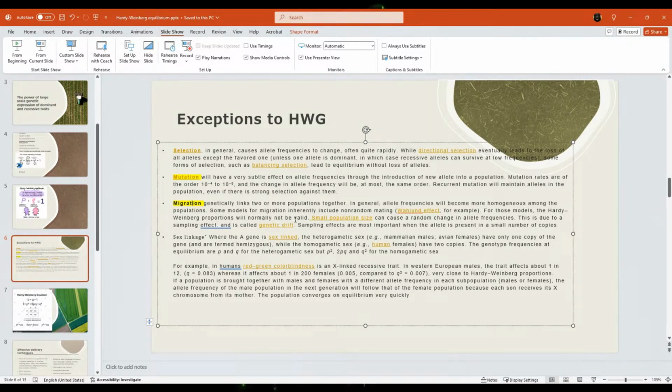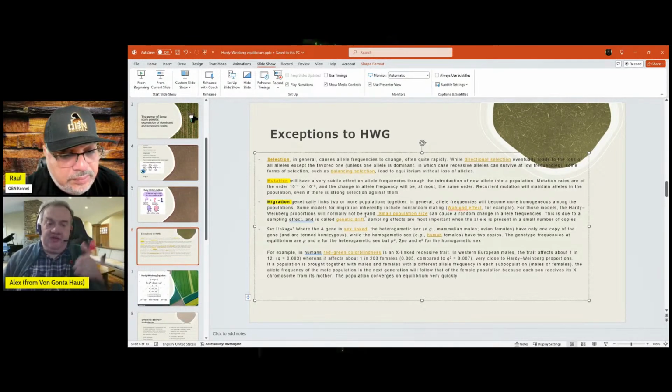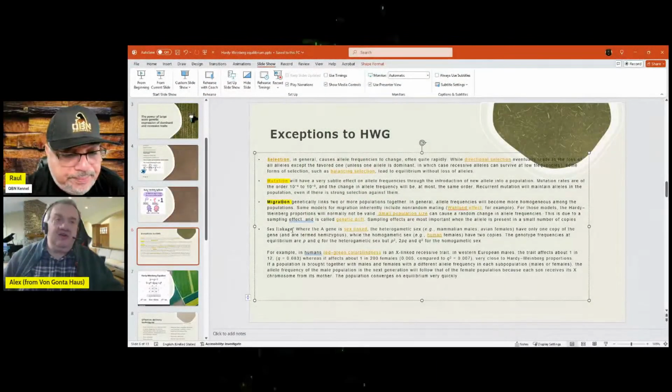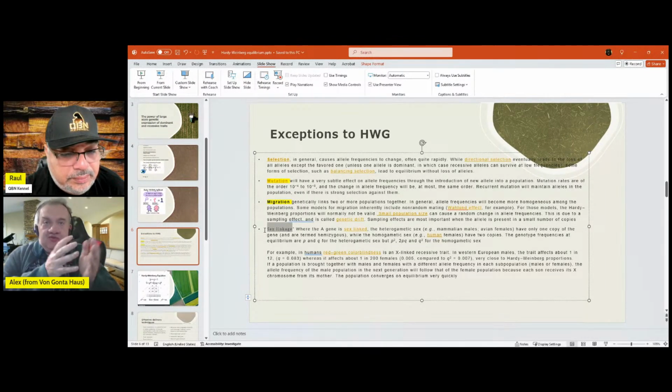If a caribou of one herd infiltrates another herd and mates with the does of that other herd, well, that's migration. His genes from his herd migrated to the other herd, right? So that's gene flow. Again, the equation assumes that doesn't happen, which is not true. It does happen. Sex linkage. Again, the equation assumes there's no sex-linked traits. Again, not true, because there are sex-linked traits.